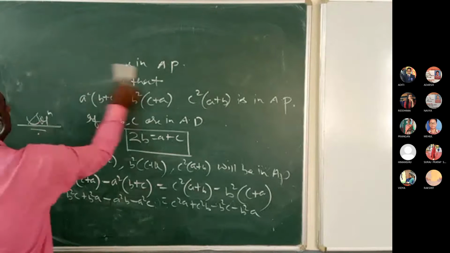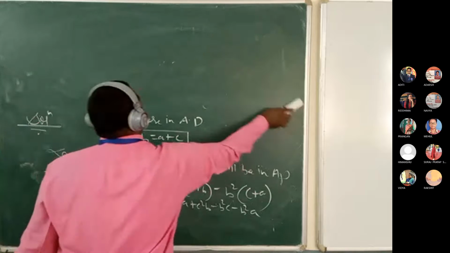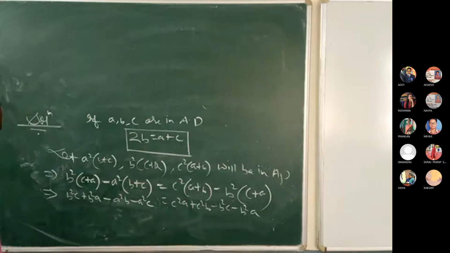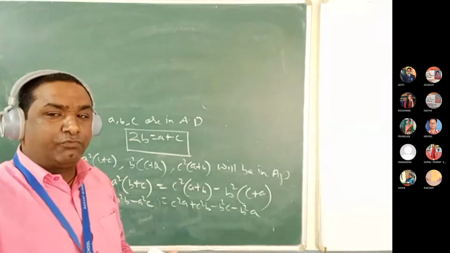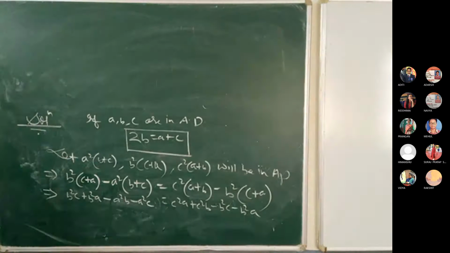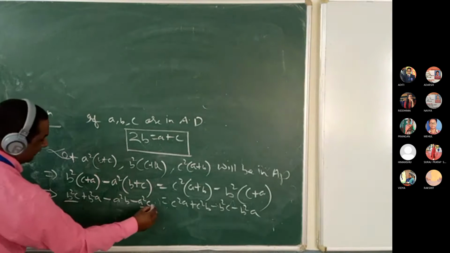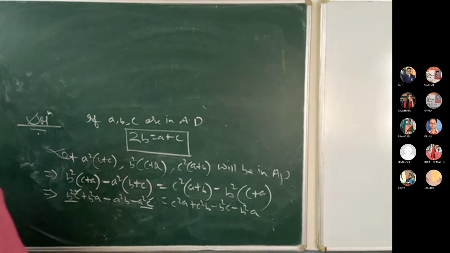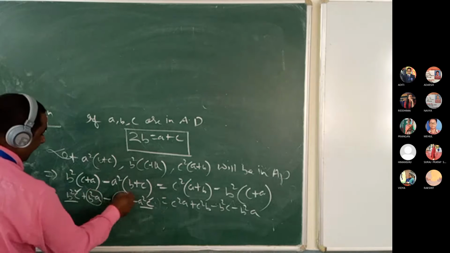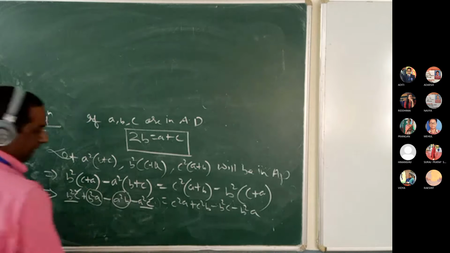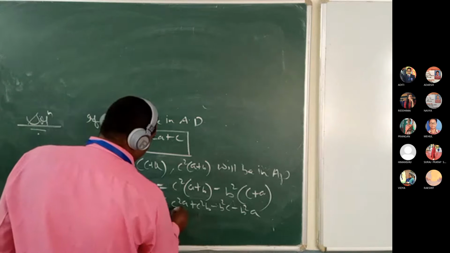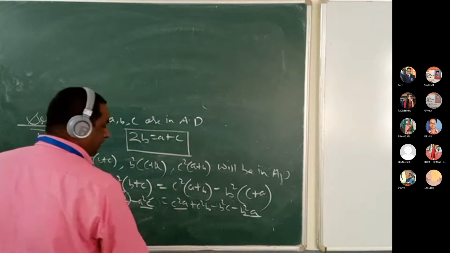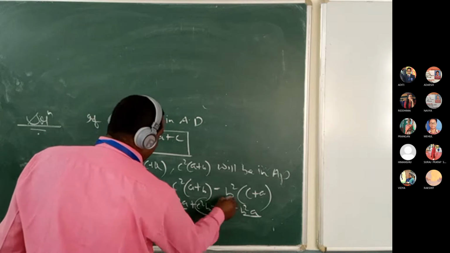Now, after this step, I am going to apply the concept of group factorization. How? B square C and A square C contain the common C. And here we can take common AB. In this right hand side also, we can take A common in these two terms, and here we take BC as common.